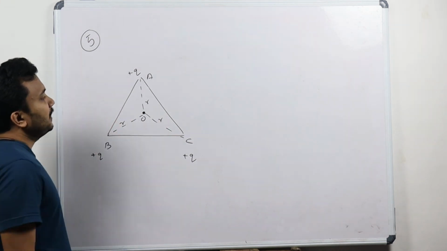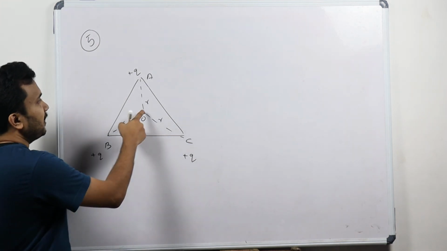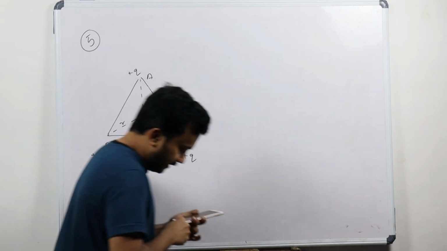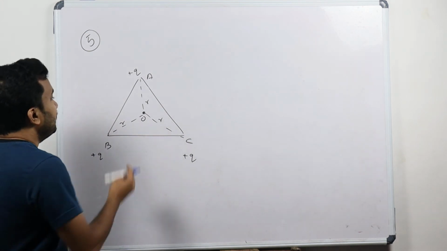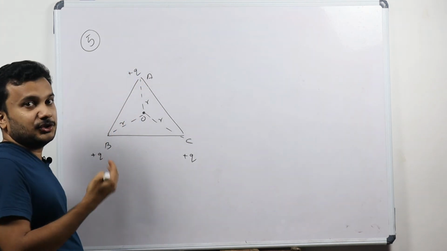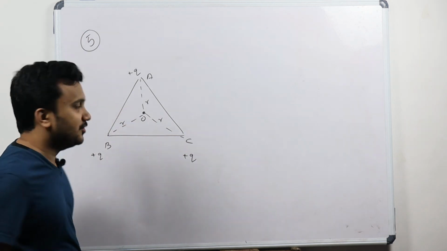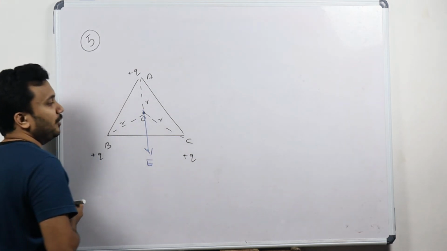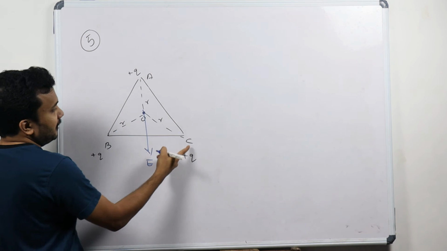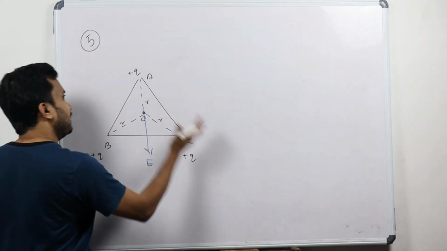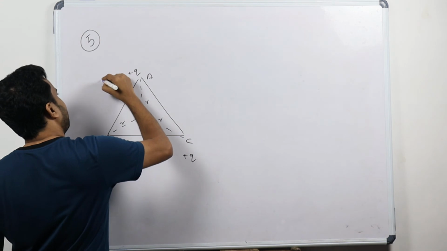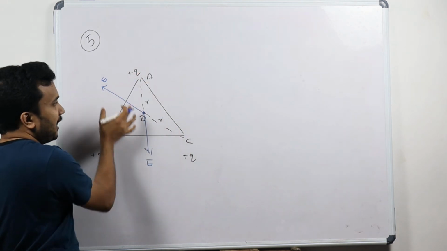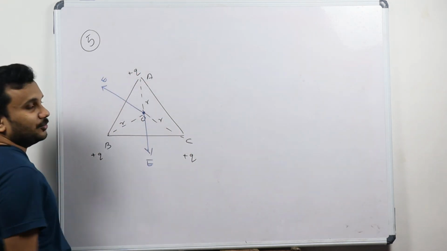This was the question. So I am going to find out the electric field intensity at this point. Listen very carefully. Let me take another color for better understanding. For plus Q charges, electric fields are away from the charges. So the electric field intensity due to plus Q is like this. And the electric field due to the charge at C, the field lines are going away, so the electric field is like this. This is also E, because all are at the same distance and same magnitude of charge. So the E value of this equals this value.